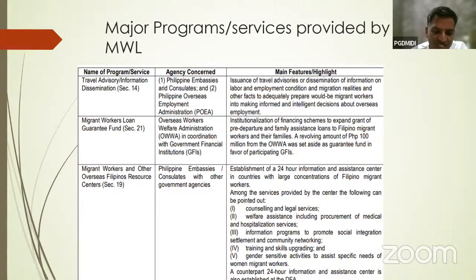If you see the syllabus also, I read from some document that in the syllabus of Philippines intermediate level education, they have integrated this kind of supply and demand, opportunity abroad and all this. So they orient from the school itself, school and colleges. Then there is the migrant workers loan guarantee fund that I'll talk about in my next slide, how much they give,